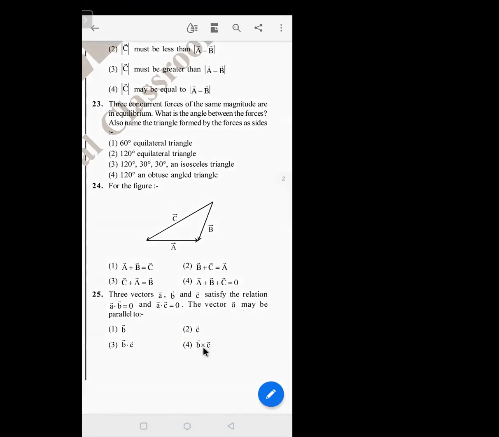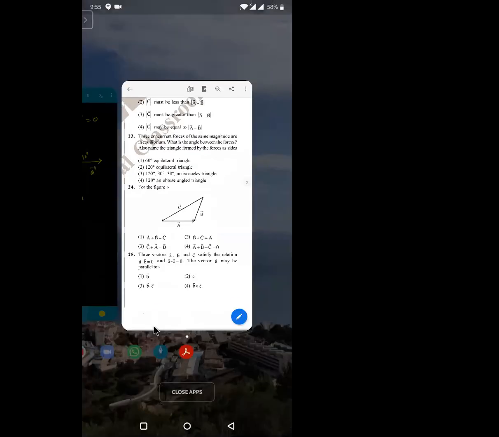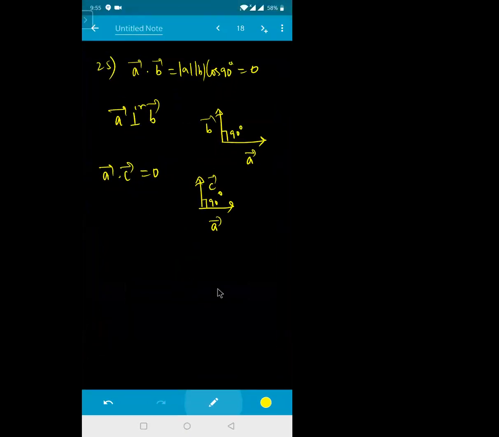B bar cross C bar का perpendicular क्या हो जाएगा? A bar. A bar. So vector A bar will be parallel to what? B bar, C bar only. ठीक है ना? ये देखो, अगर मैं B बार क्रॉस ये C बार ले रहा हूँ, तो इन दोनों का रिजल्टेंट कैसे आएगा? A बार आएगा ना? So see this, A bar is parallel to C bar. A bar is also parallel to your B bar. So that means I can right now say that B bar cross of your C bar will be parallel to A bar. Clear? Yes, sir.